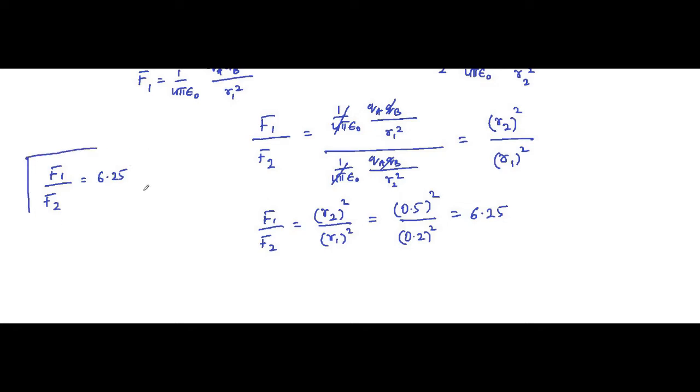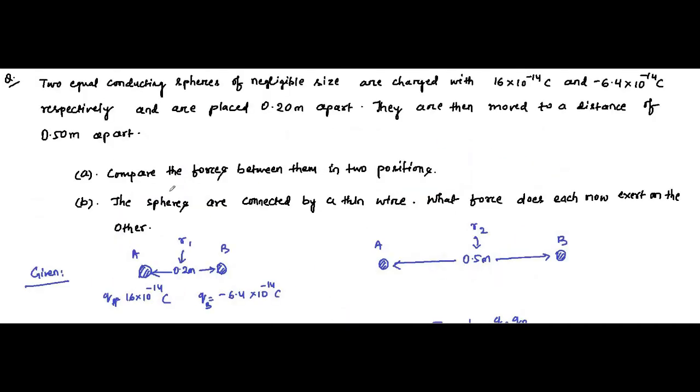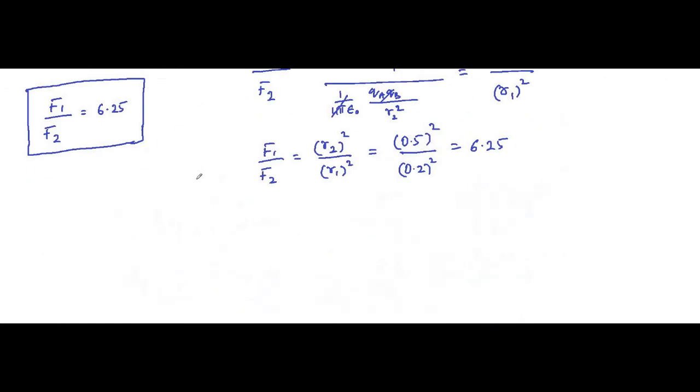Okay, this is the first part of the question. The second part is the two spheres are connected by a thin wire. So what happens is that when the two spheres having different charge values are connected by a thin wire,